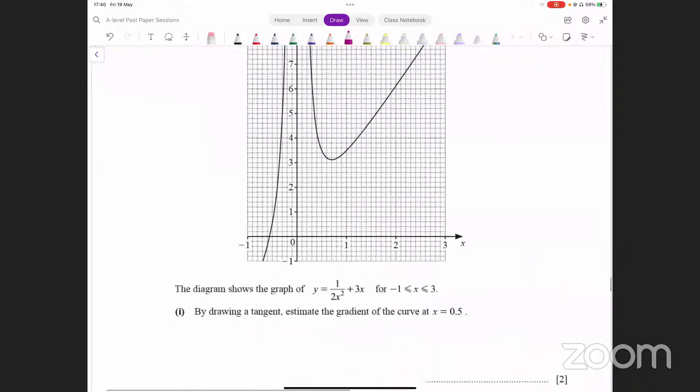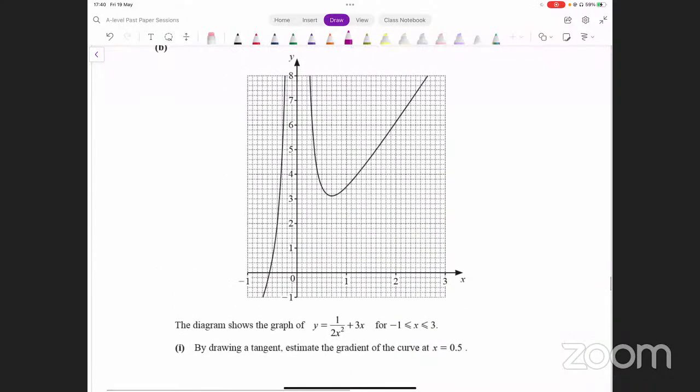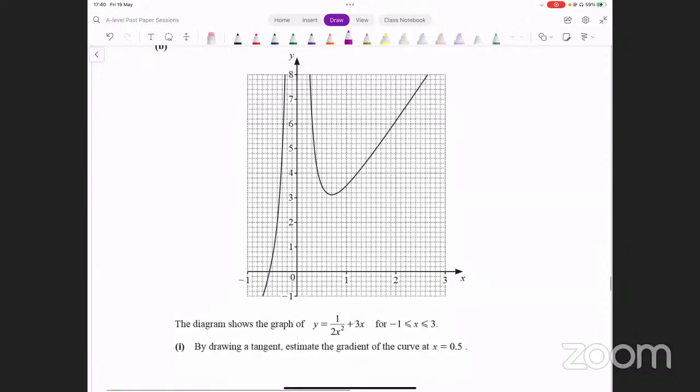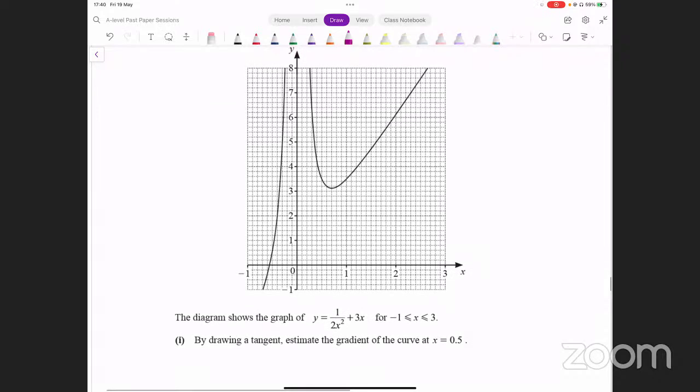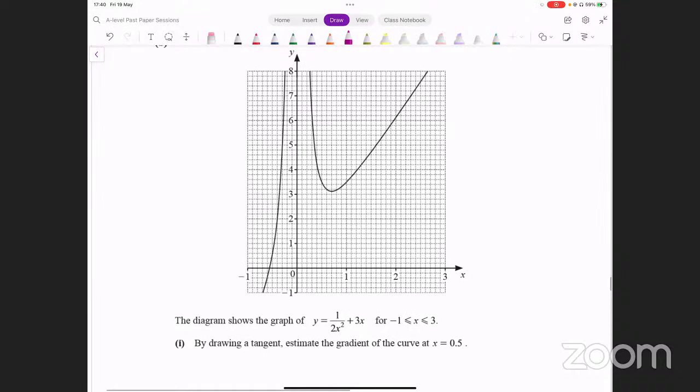It says the diagram shows the graph of y equals 1 over 2x squared plus 3x for x between -1 and 3. By drawing a tangent, estimate the gradient of the curve at x equals 0.5. X equals 0.5, where is that? That is right here. इस पे क्या करना है? टेंजेंट बनाना है और आपने ग्रेडियंट फाइंड करना है इस कर्व का।